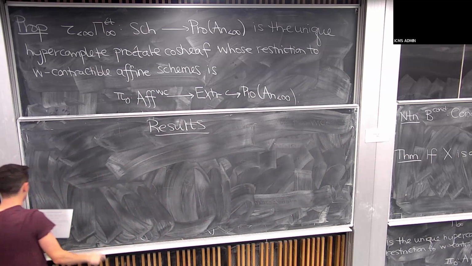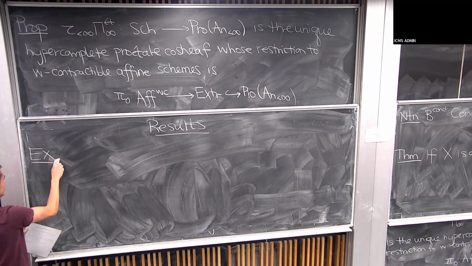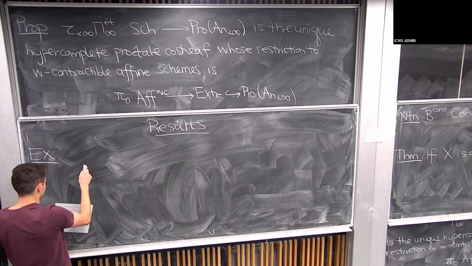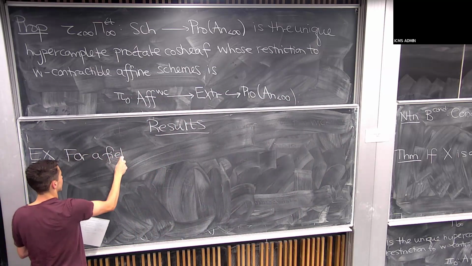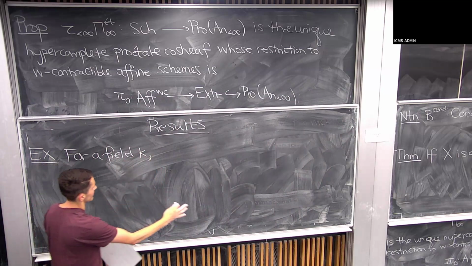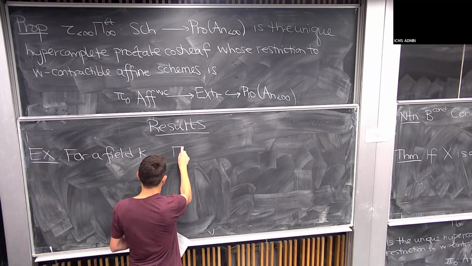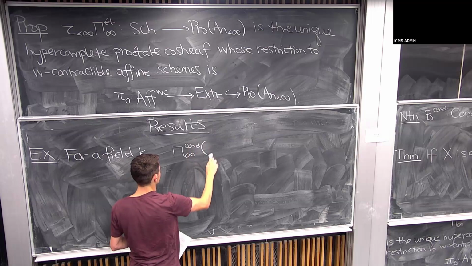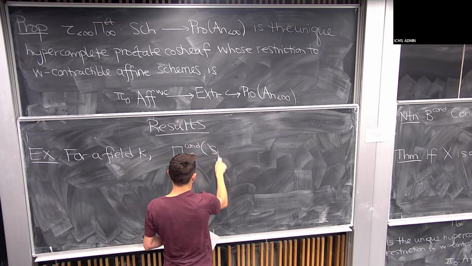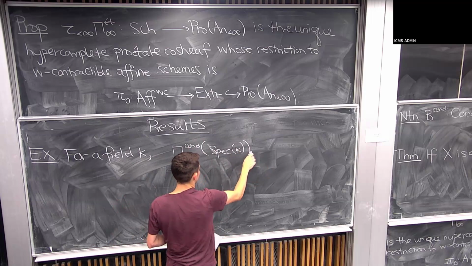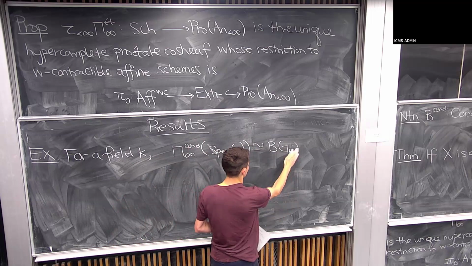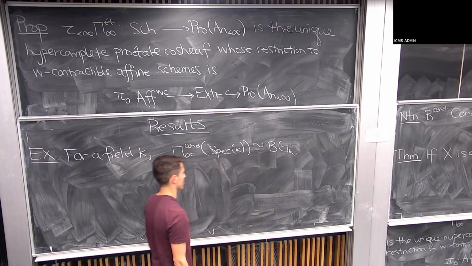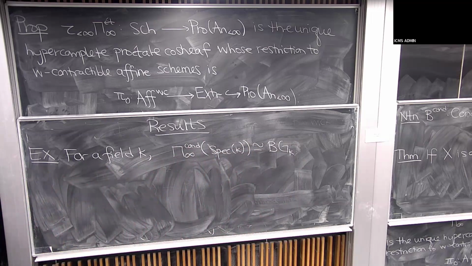So maybe the first example I just want to mention is say for a field K, this object is not unfamiliar. And this is basically trivial from that perspective. The pi cond of spec K, it's one object condensed groupoid where the automorphism group is the absolute Galois group considered with its profinite topology. So that's just an easy example.